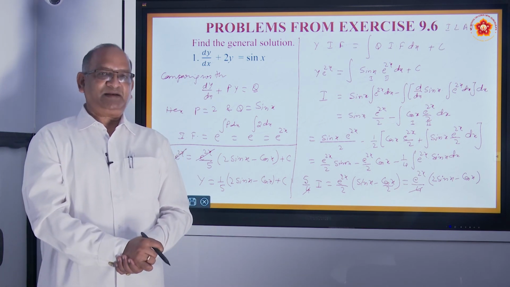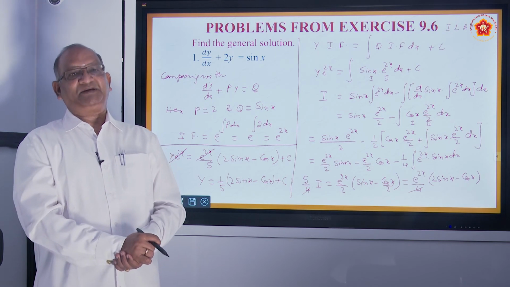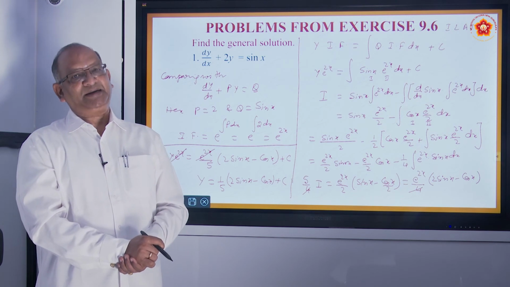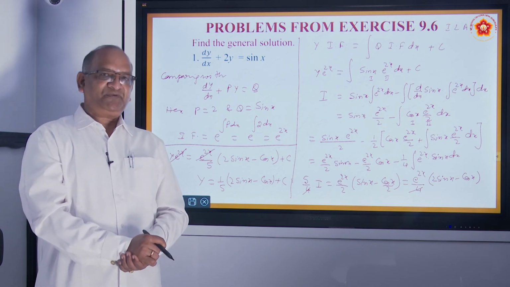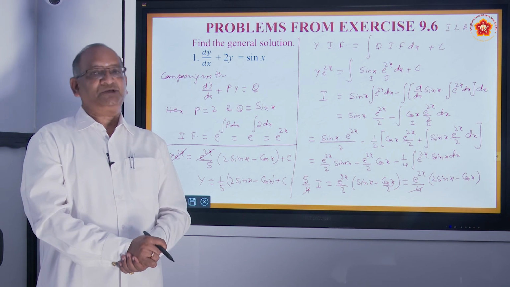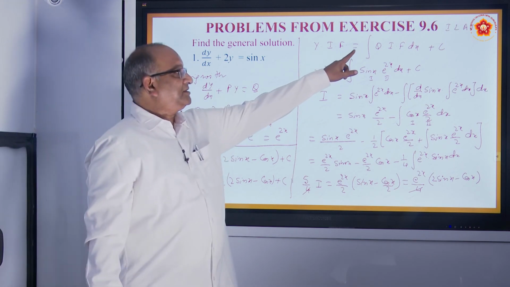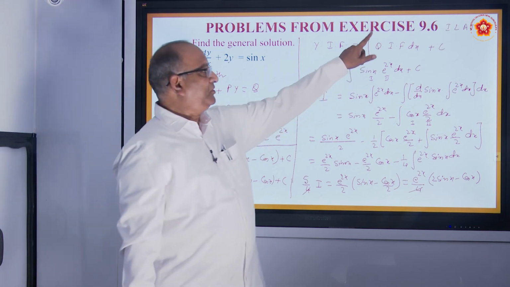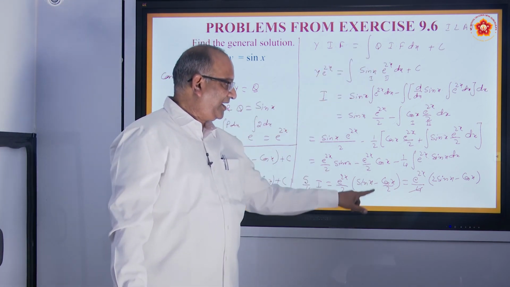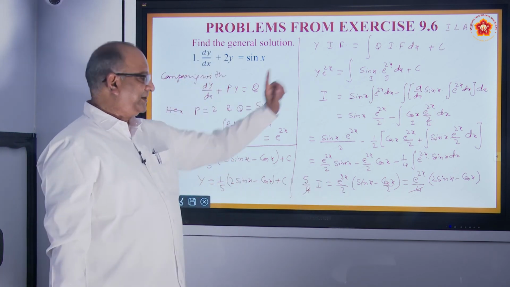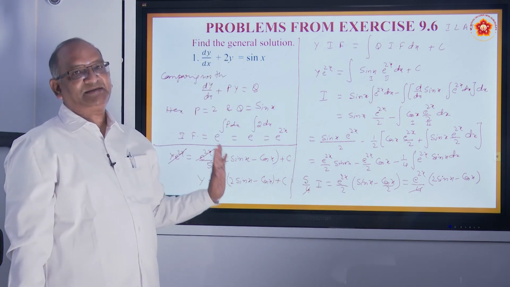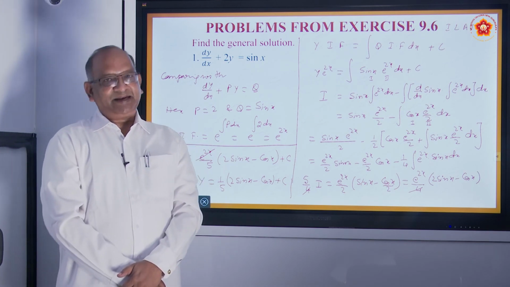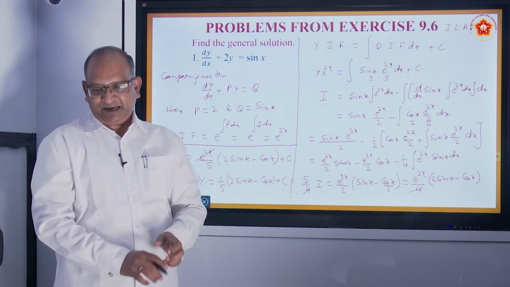This is the procedure. So what is the procedure? Check whether it is a linear equation. Once it is a linear equation, the next step is to find the integration factor. Once you find the integration factor, write the solution step. This is a solution step, it is not a solution. It will become a solution when we are able to integrate this, and the whole thing we have done only to remove that integral. This is the procedure of solving linear equations. Okay, we will take up one more problem.